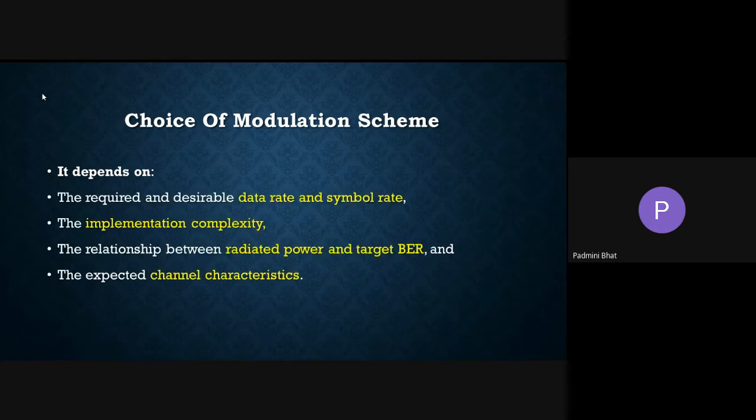We will come across a term called BER, bit error rate. This bit error rate is one of the parameters which has to be very low. Low in the sense, how much? It depends on the mode of transmission also. Some of you might have taken this for your project. So what should be the bit error rate? 1 in 10 to the power 10 is okay, I consider that as okay. That means one error per 10 to the power 10 bits transmitted. BER is calculated in that way.